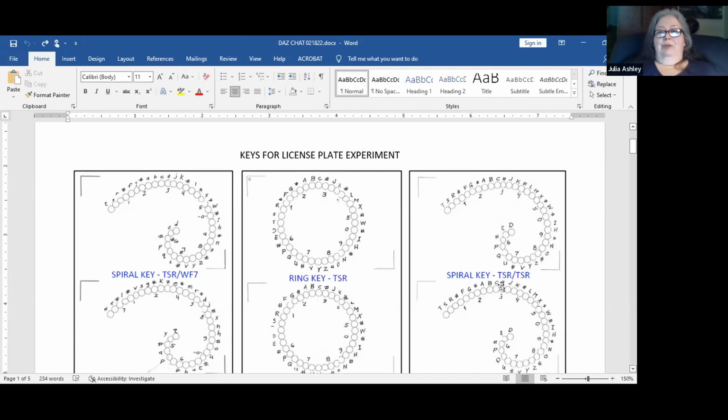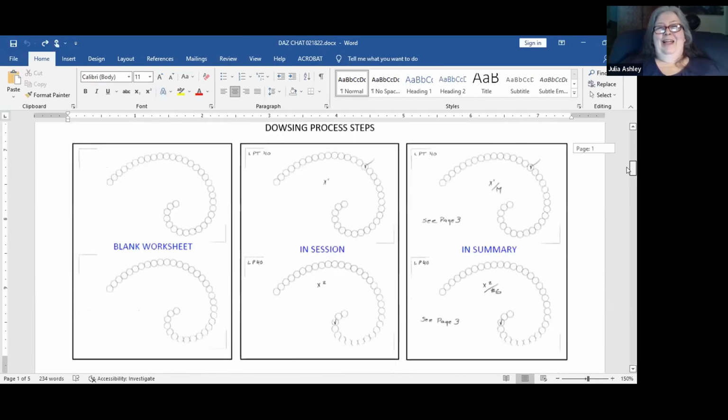And this last version was TSR, TSR, because after I had done TSR at the top and TSR at the bottom on a ring, I wasn't having much luck. I wanted to stay with that and used it on my spiral so that we begin TSR at the top and TSR on the bottom one. And at that point, I didn't care if I memorized the curve or not.